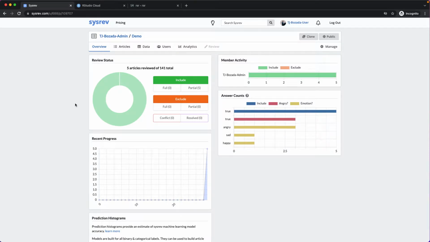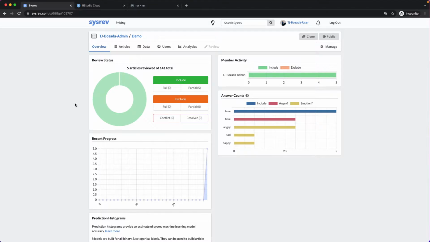So far, we have created a project, imported documents, added labels, extracted some data, and looked at how to leverage filters, machine learning models, and export features to optimize our time and share our efforts. Next, we will take a look at how the Sysrev API allows users to deftly push and pull data from